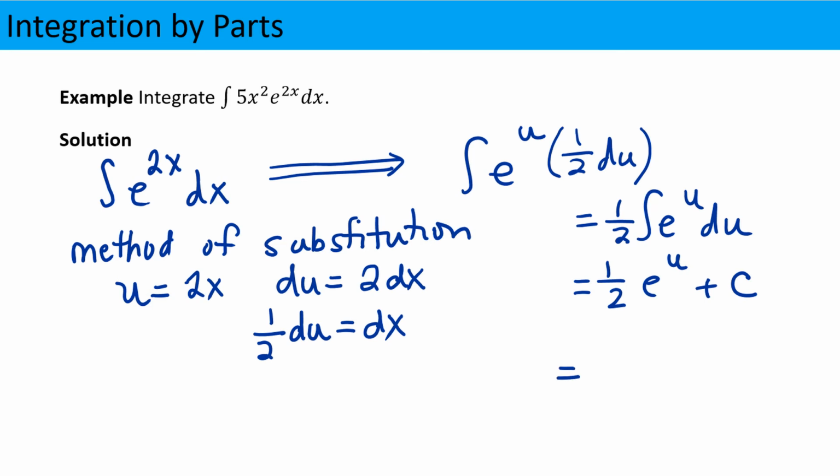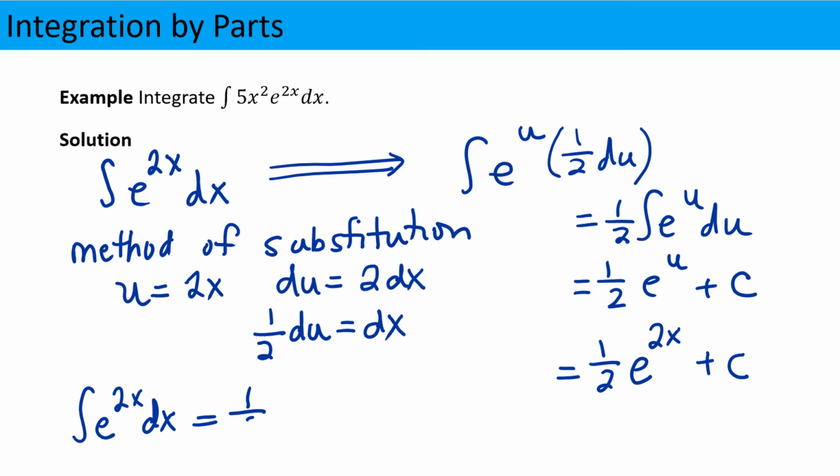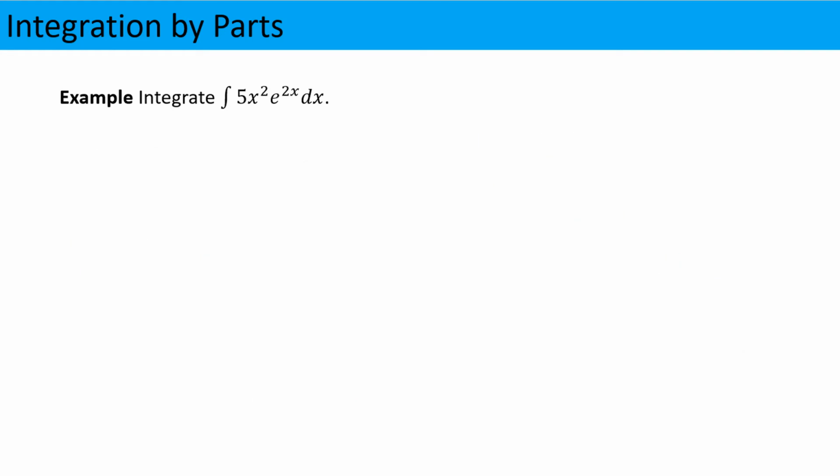We'll substitute back. So you've got 1/2 e, and where u was, we put 2x, plus c. So let's mark that the integral of e to the 2x dx is 1/2 e to the 2x plus c. That's pre-problem 1. Again, before we get to the actual problem, I would like for us to integrate x e